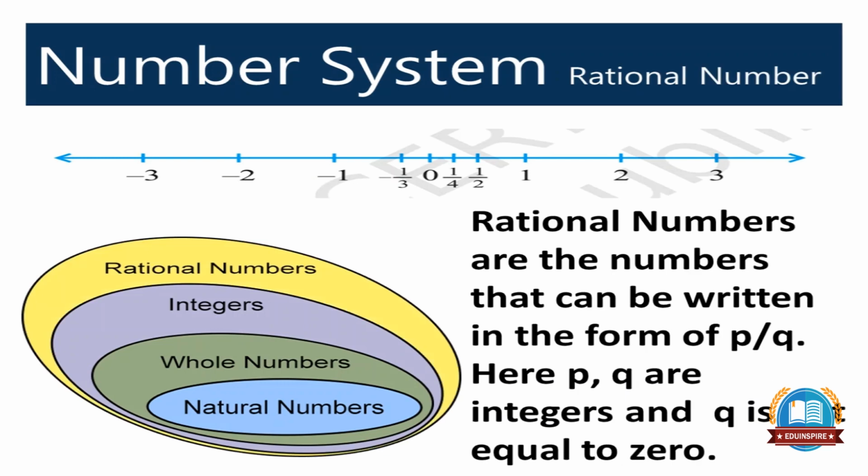If we look at the number line, we still see a few more numbers in the form of p upon q, where q is not equal to 0. These are called rational numbers. Here p and q are integers, for example 1 upon 2, 3 upon 4, etc. If we notice, all the numbers we have seen till now can be written in the form p upon q. For example, -25 can be written as -25 upon 1. Now let us go through some of the examples given in the NCERT textbook.